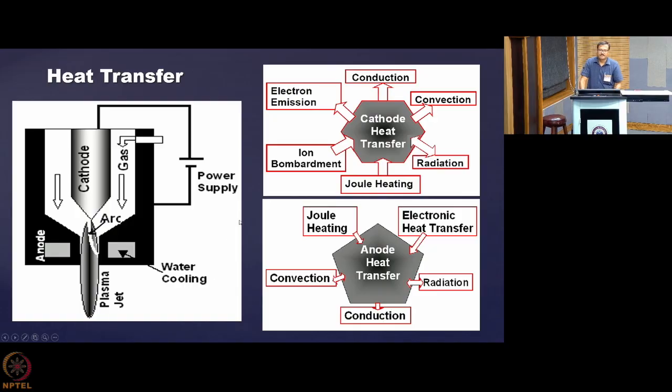Now what happens when you operate the plasma device: the cathode is at negative potential and the anode is usually grounded. Whenever you apply a potential difference between these two, the plasma jet will operate, because initially you break down the gas using some high frequency, high voltage, and because of the bias, the current will start to flow, and the flowing current will heat the flowing gas, and that will form the plasma. So this arc is established, and then the gas that is flowing all around gets heated.